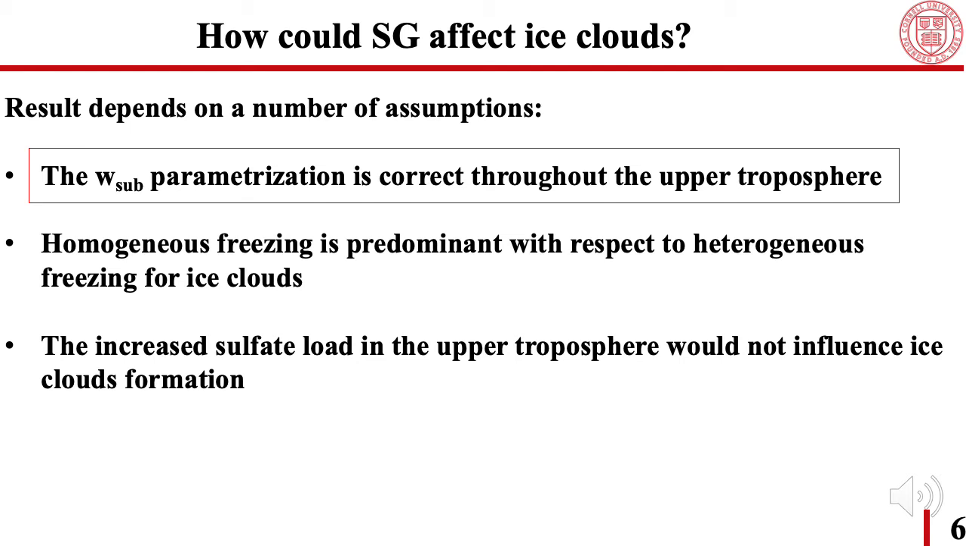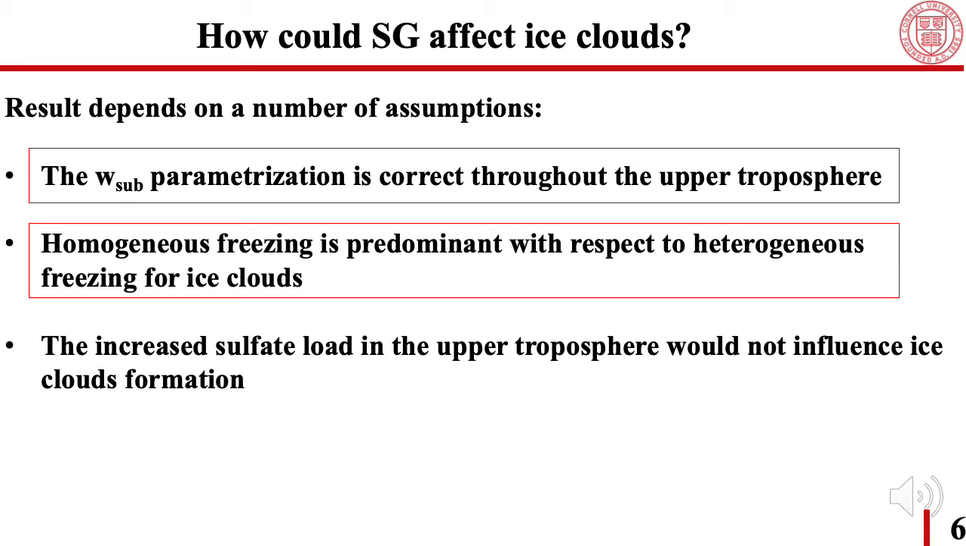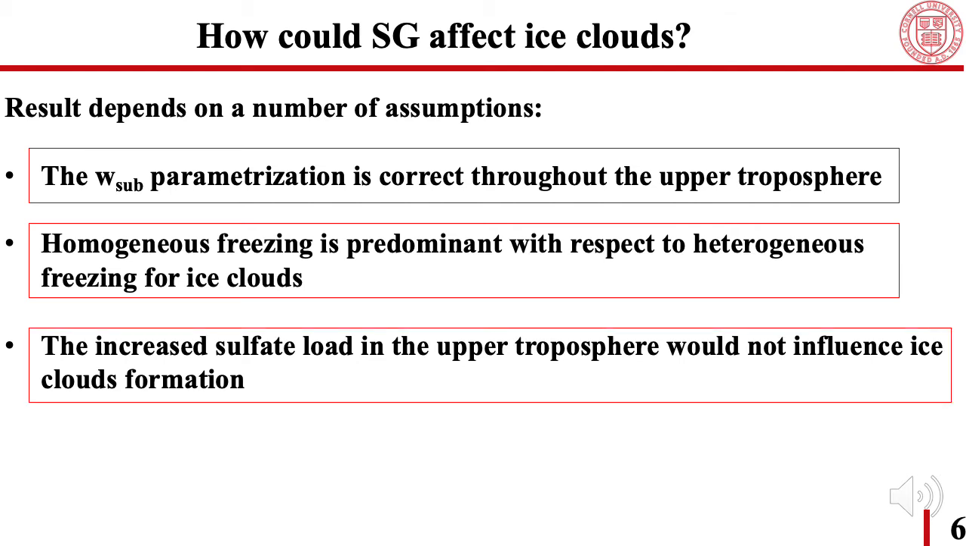But in order for what we said to work, we must also assume that homogeneous freezing, so freezing happening on sulfate-coated liquid particles, is a preponderant process compared to heterogeneous freezing, so on solid, mostly dust, mineral particles, that require less relative humidity and warmer temperatures to happen, and so would not be as affected as homogeneous freezing, as I explained. And last, we also have to assume that the sulfate particles settling down in the troposphere would not affect